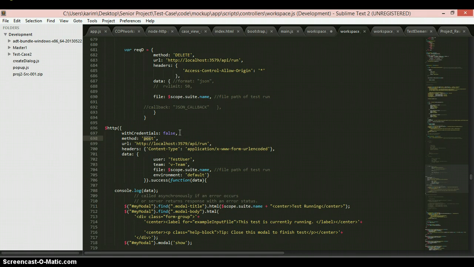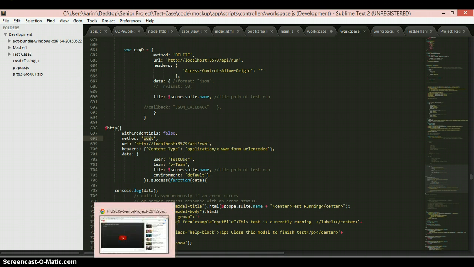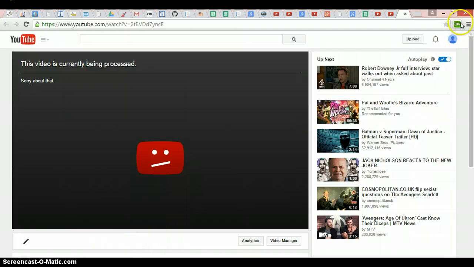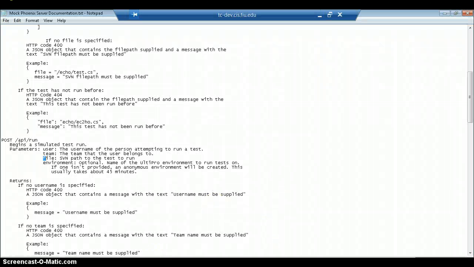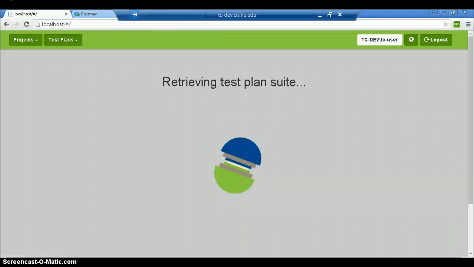It took me a little while to figure this out, because there are some methods that do not run unless you have this CORS plugin, the Allow Origin plugin, installed on your Chrome or whichever browser you're currently using. So for example, if you were to run the application,